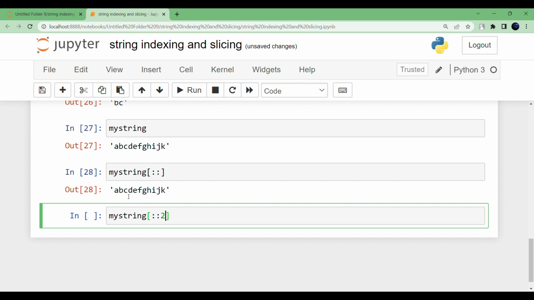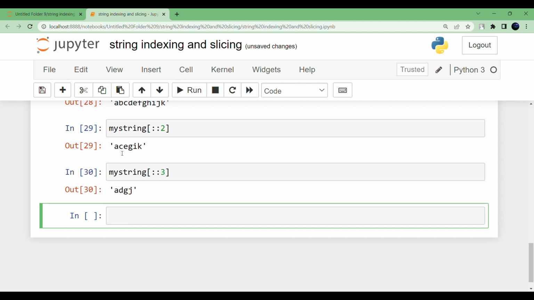So from A, go to C, go to E, go to G, and then I, and then K. If I run this, I get back A, C, E, G, I, K, because I'm jumping in a step size of 2. And we can increase this to a step size of 3: my string, square brackets, colon colon, and then 3. If I run this,